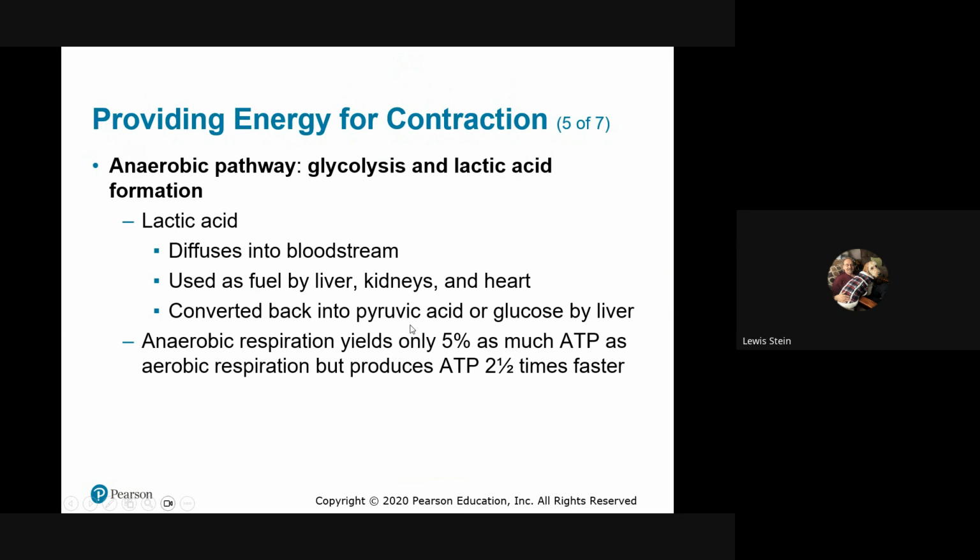If lactic acid gets into the bloodstream, it can fuel other systems. And in the liver, once we have oxygen available, it'll convert it back to pyruvic acid, and effectively, you remember that thing, the opposite of glycolysis? What's that cycle? Glycolysis this way, what do we turn it into? Gluconeogenesis.